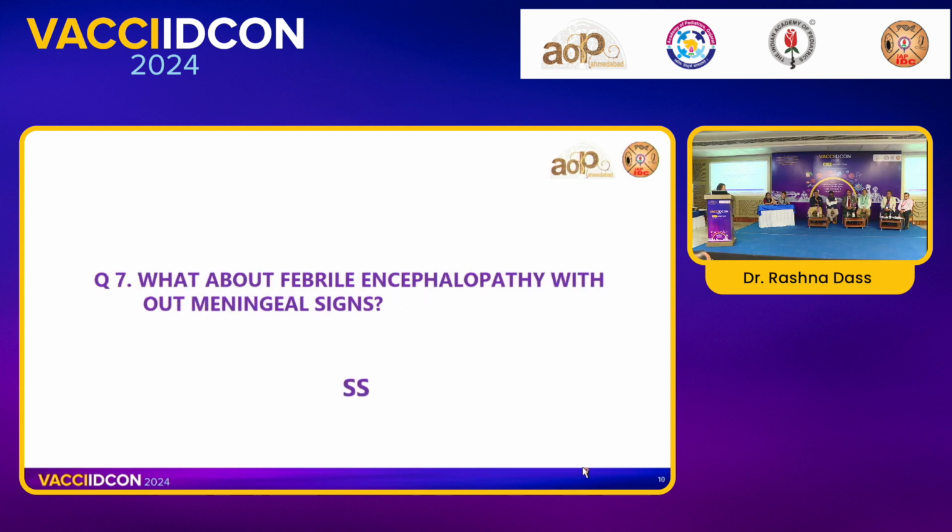Again, Dr. Shivaprakash, I think you've touched on this, but if you could again say something about cases without meningeal signs. I think it's already very clear. The meningitis may be with encephalopathy, may be with the meningeal sign or without the meningeal sign. In most of the children and infants, we cannot see the meningeal sign. And many times in acute febrile encephalopathy, which is mostly of viral cause, we may not see meningeal signs. Maybe HSV, maybe dengue, whatever the virus you take.